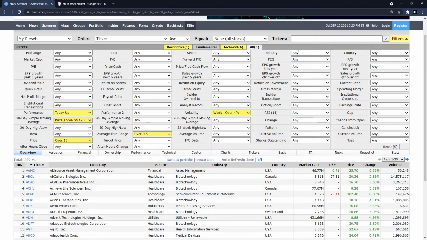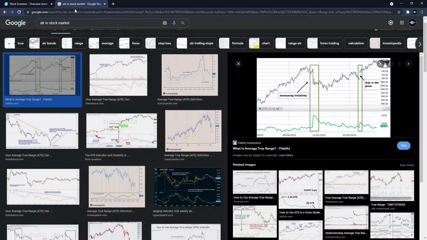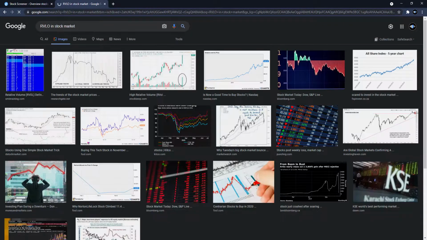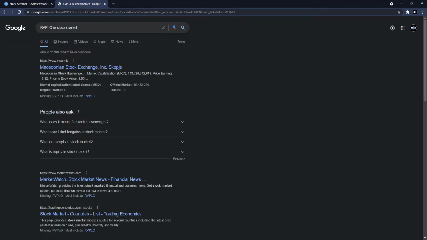Then there are four more things left that we're going to be filling. First will be the industry. You basically know what the industry means. We want all stocks only. Then we're going to be filling the R vol, the relative volume. R vol, just like that. What is the